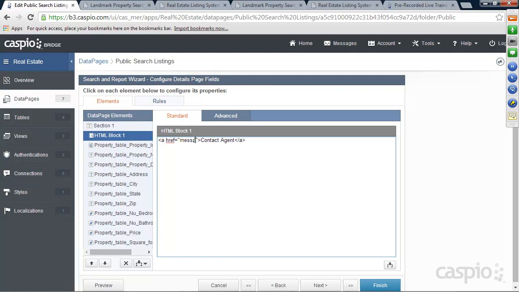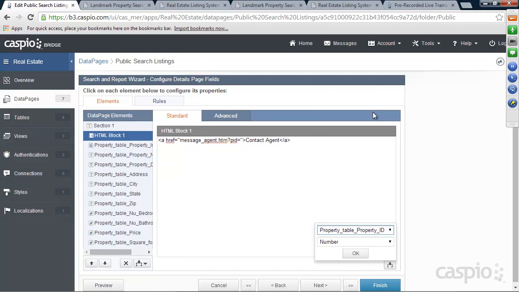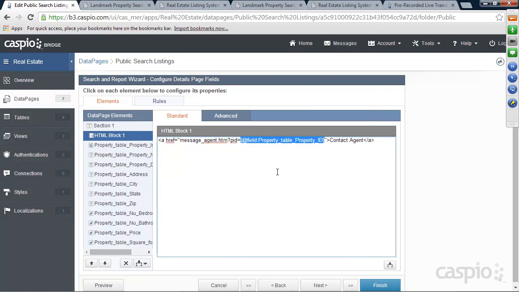And now a little bit of syntax is needed here, so I need to add a question mark, and now I need to pass all of my parameters to the submission form. Those are all the fields that are going to be received in the submission form. So PID, which stands for property ID, and we're going to insert that property ID from our table as a string. There's that first parameter that I'm passing. Then I'm also going to pass UID, which stands for user ID. There's the user ID